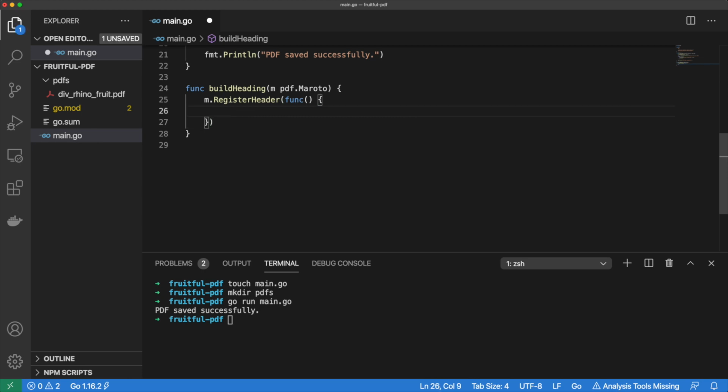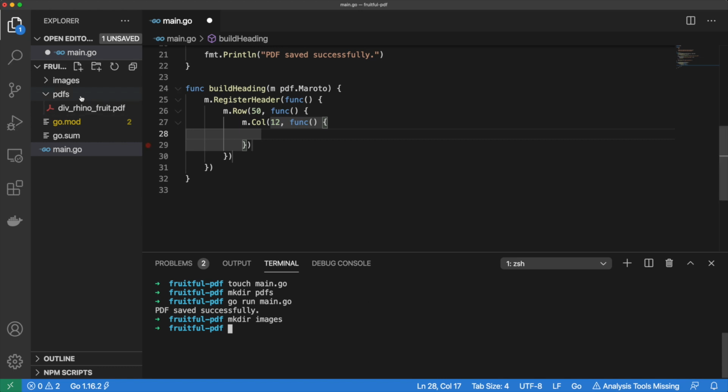This anonymous function can be thought of as a container. Inside the body of this container, we will add a row that has a height of 50 units. And then inside this row, we will add a full width column that spans 12 spaces. Rows are wrappers for columns, so we always begin with a row and add columns as child elements inside of it. Next, we're going to add a logo image to our header.